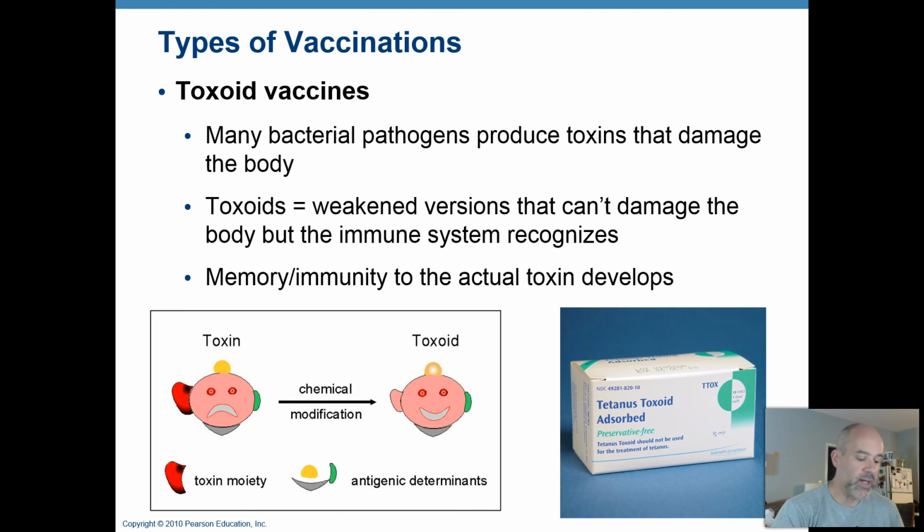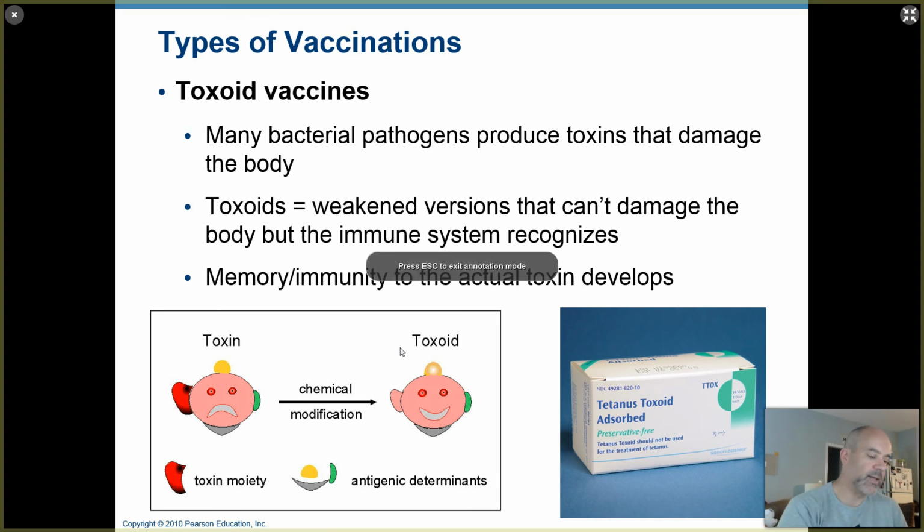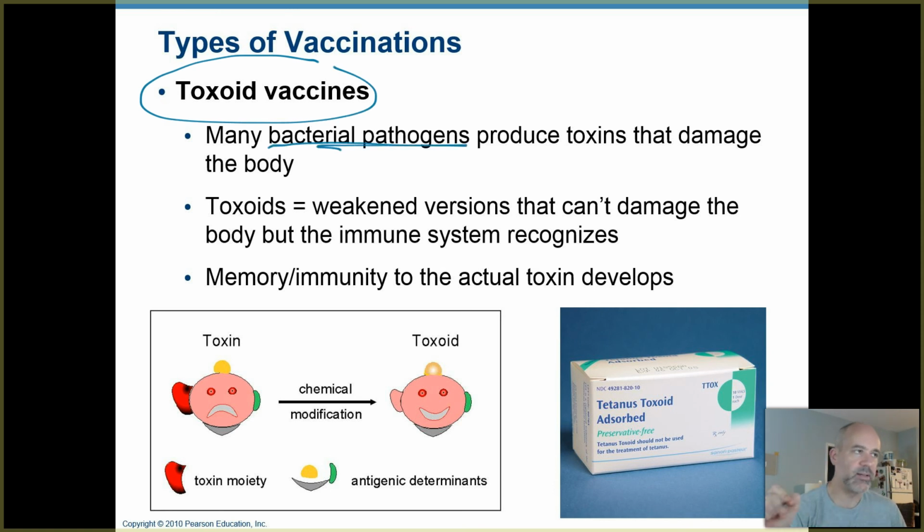There is an additional type of vaccination called a toxoid vaccine, like you see on here. And what a toxoid is, many bacterial pathogens, so most bacteria we get exposed to don't make us sick. It's just a small minority that are capable of causing disease in our bodies. But many of the ones that do secrete toxins. And so these include things like tetanus, for example, which makes tetanus toxin,